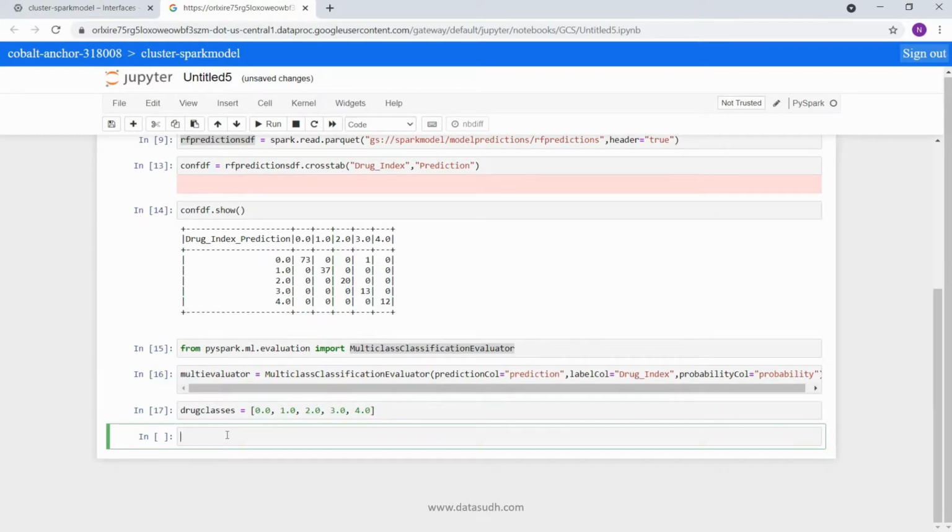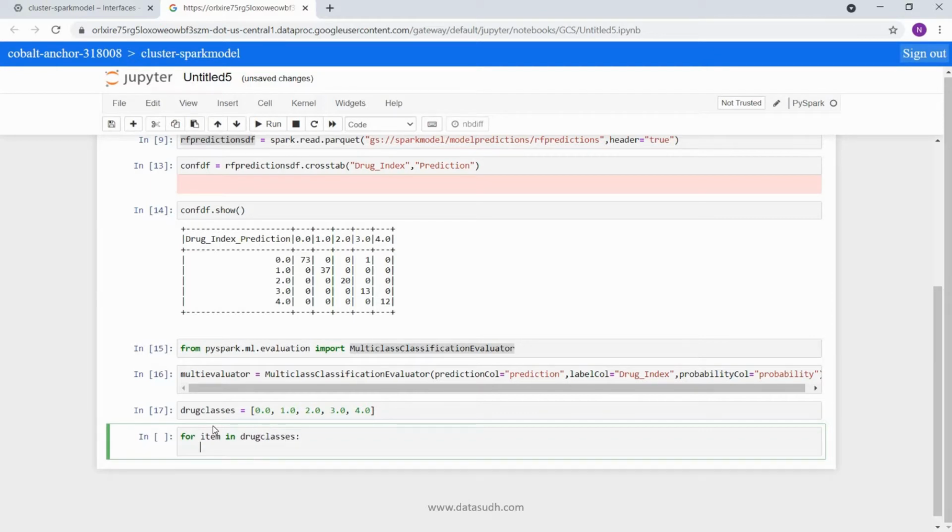Now I am going to create a loop for item in drug classes, and this loop will run for one class at a time and will give us the metrics for all the classes for random forest model predictions.